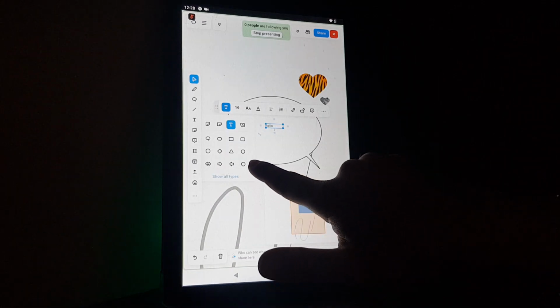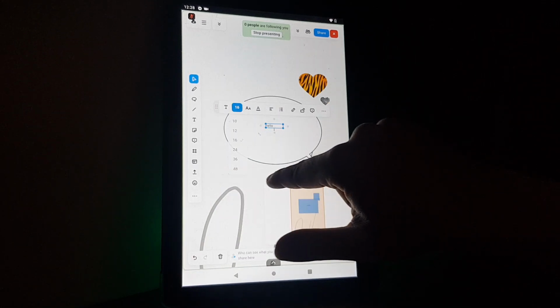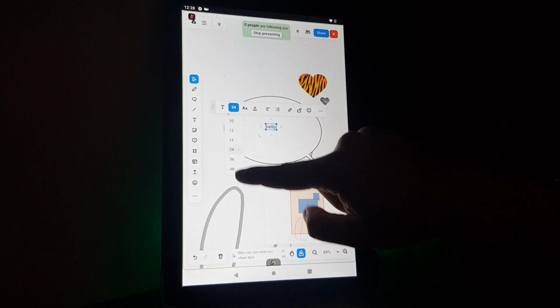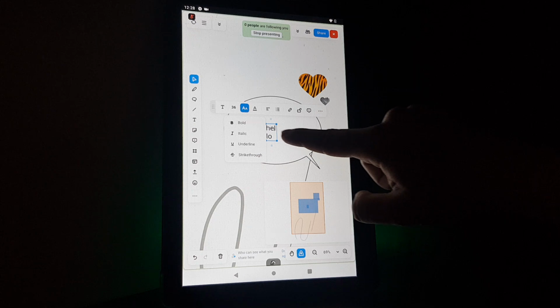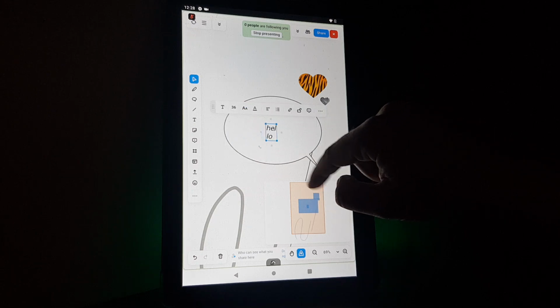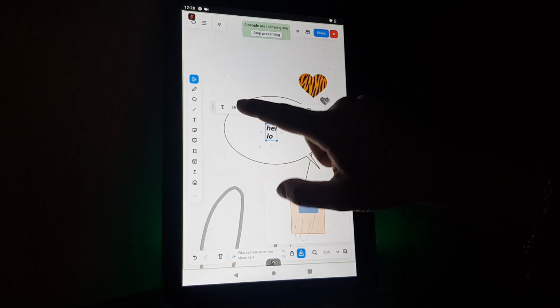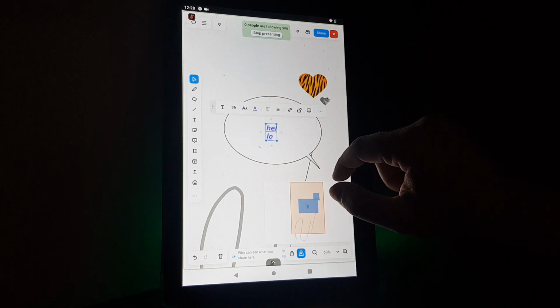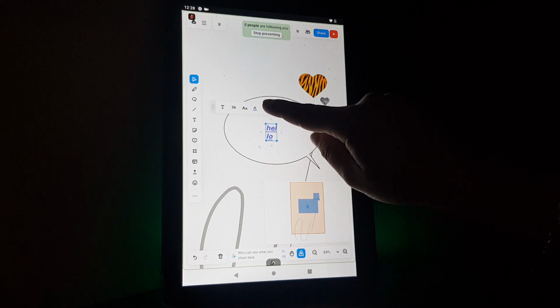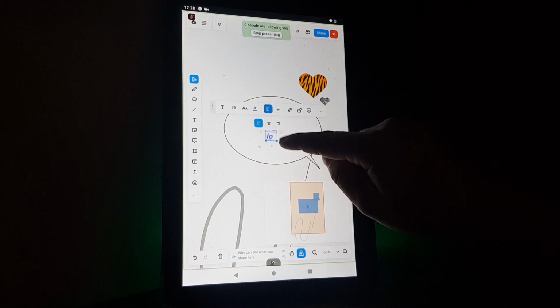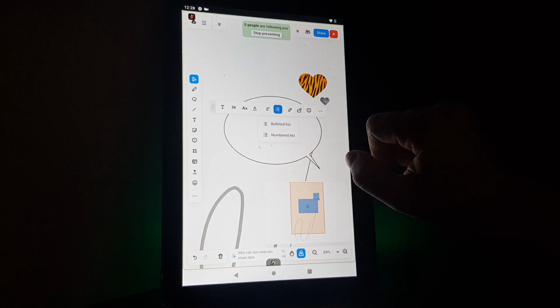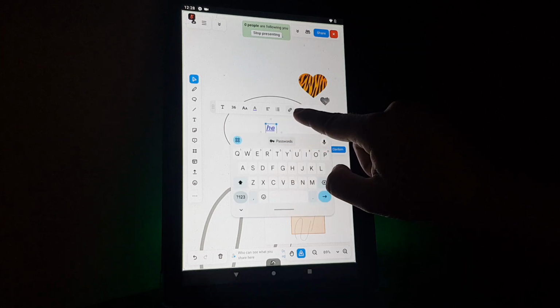You can change its size, for example, by tapping on the number next to it. You can change if you would like it to be bold, or you would like to have an underline. You can change its color here. You can change the placing. If you would like to create a list, then you can here. And if you would like to copy,